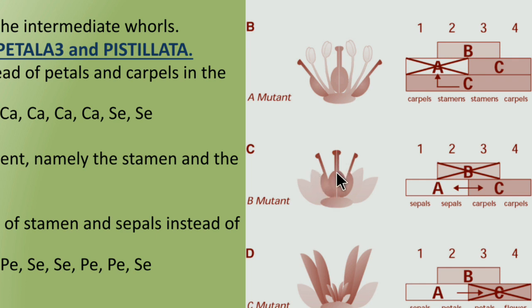Now this is the actual place of the carpel. In the place of the stamens, the carpel has developed. So you can observe the mutation. So here it is meant that the